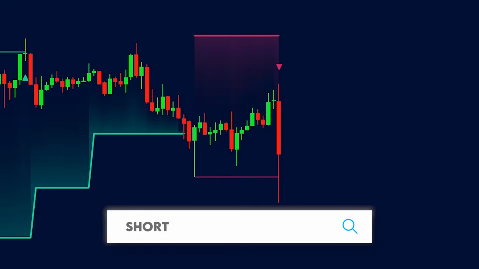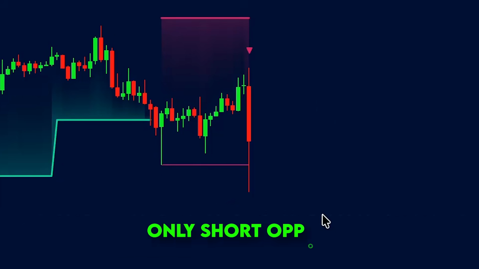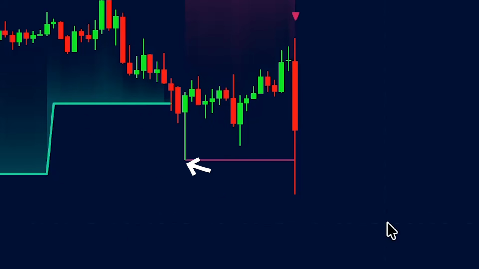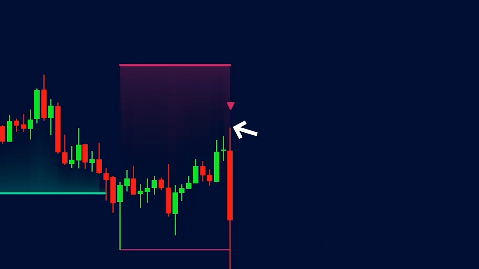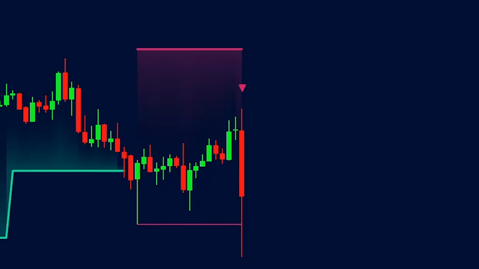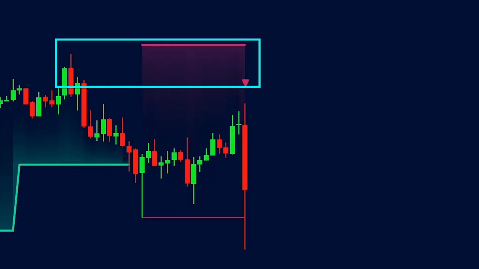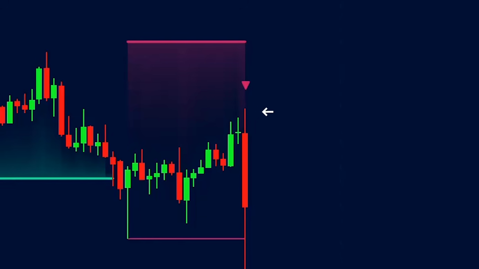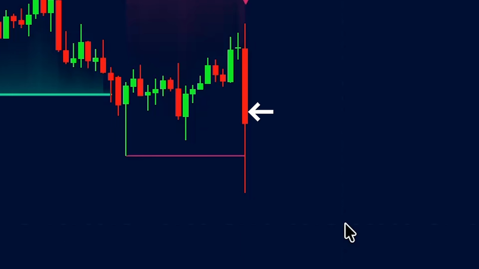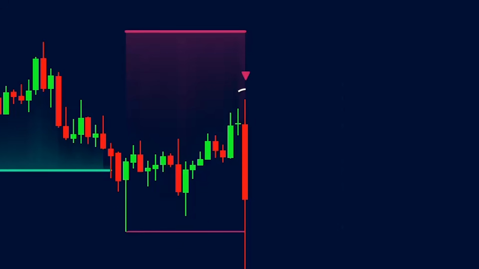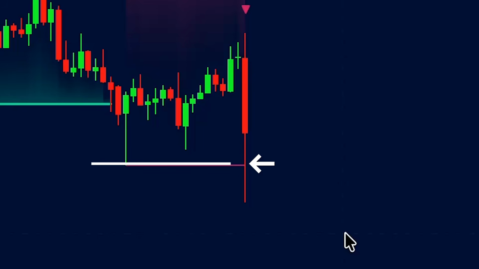For shorts, first, the band flips to red, telling you we're only looking for short opportunities now. Then price starts dropping away from the band and eventually bounces back up toward that red band. This means we've identified our entry zone right at the band where sellers pushed price down before. Next, price touches the band and forms a strong bearish candle. A down triangle appears on the chart, meaning price just broke below a prior pivot low that was established during